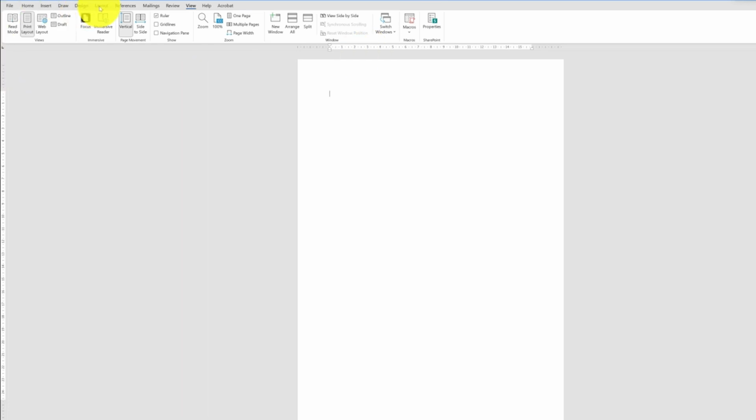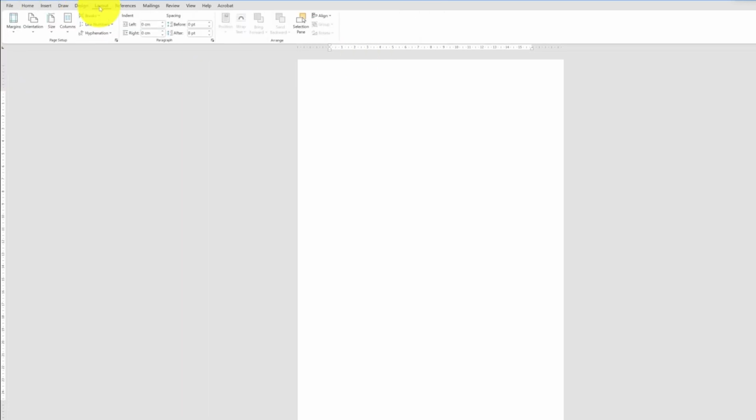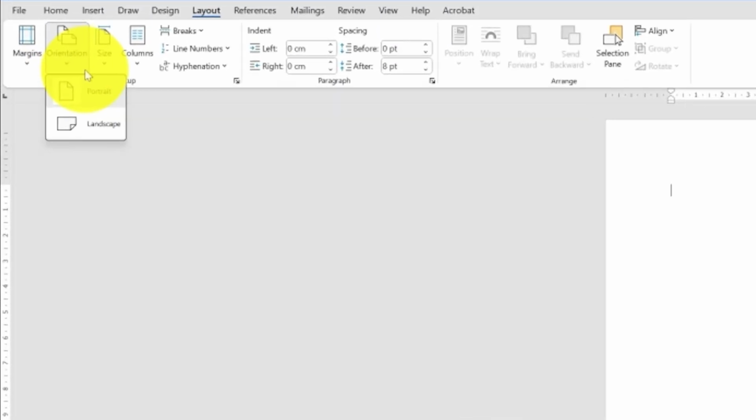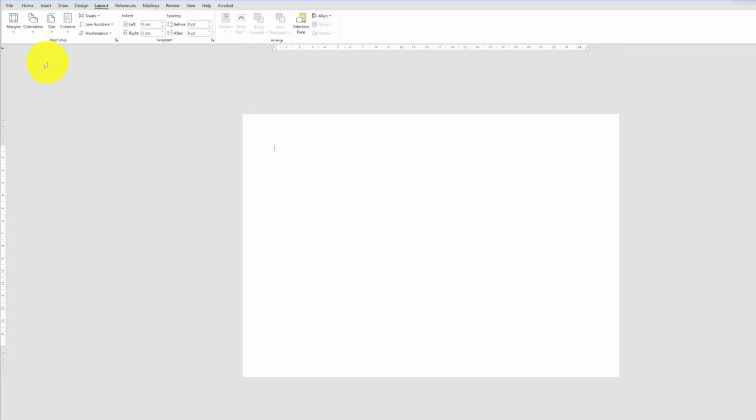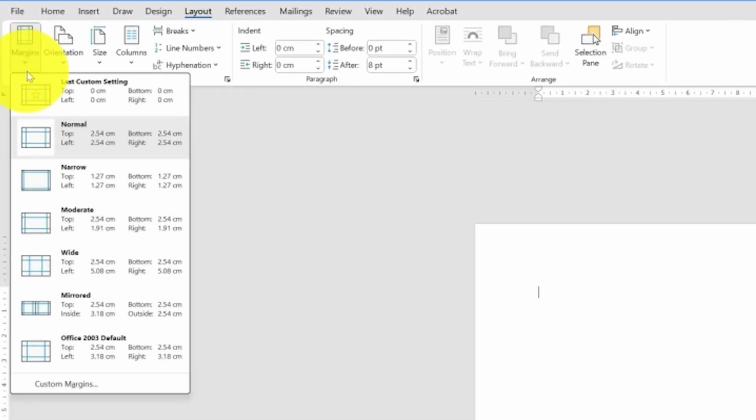Once you've done that, you can then click on the Layout menu, and we're going to change this from a portrait document into a landscape one by clicking on Orientation and then Landscape. Click Margins, which is next to Orientation. Go right to the bottom where it says Custom